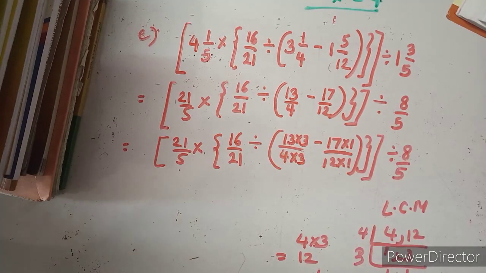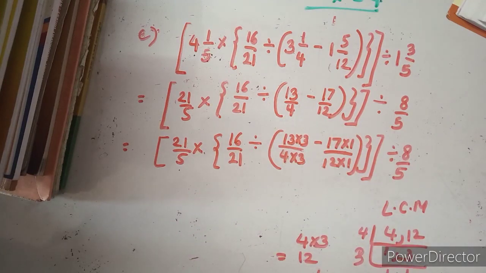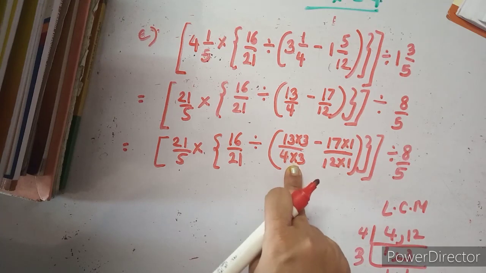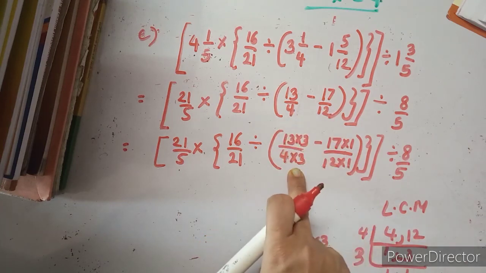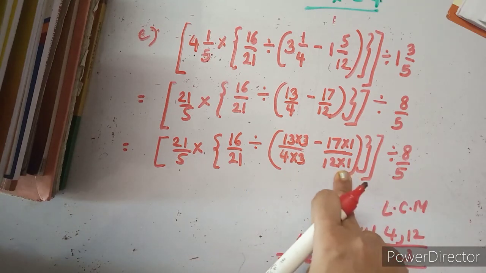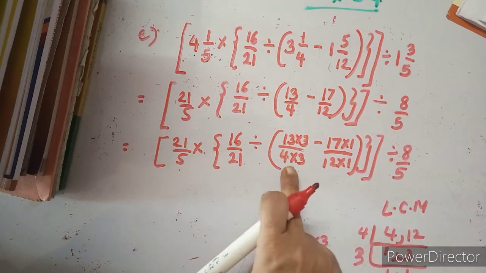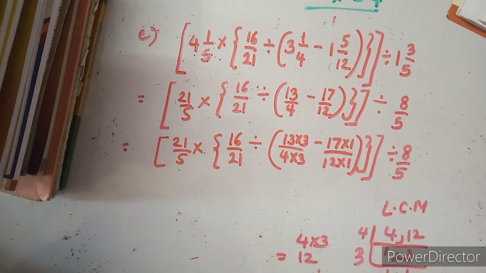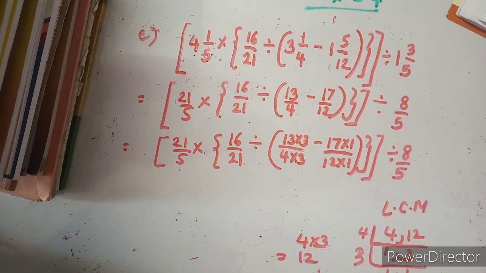Now to solve the first bracket, first of all we need to again take out the LCM of these two numbers. So see, I have taken out the LCM of these two numbers, it gives you 12. So again we need to go for the denominator as 12. So for the first number, we have to multiply both numerator and denominator by 3, and here we need to multiply both numerator and denominator by 1. So you get the denominator as 12, and this gives you the like fraction. Okay, so this is how you need to first take out the LCM.